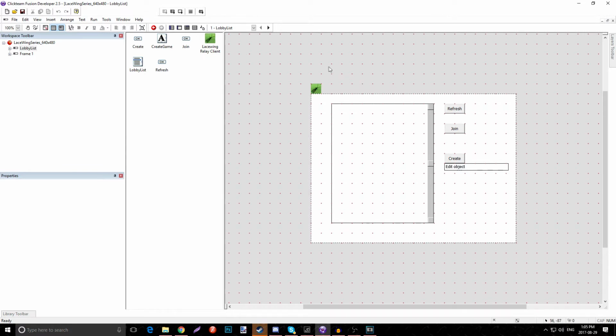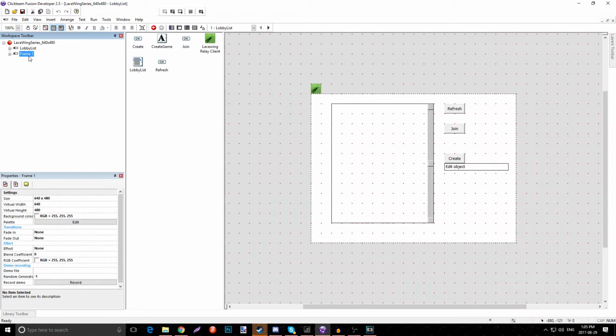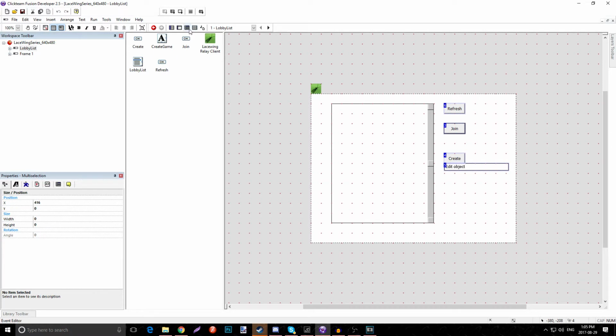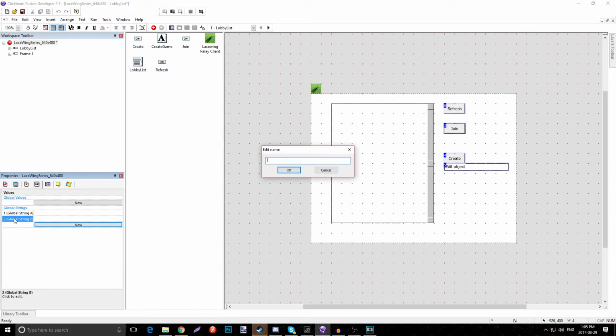Anyways, the first thing we're going to do is go into our event editor, and by the way, we're working on the current MFA file, which is the one from the Lacewing server. First we're going to click on the application, then go down to the values and add a string. We're going to change global, click this twice until it says global string B. I'll explain this maybe in another video when we do usernames, but global string B we'll just set to host